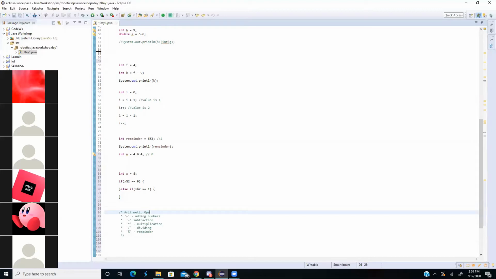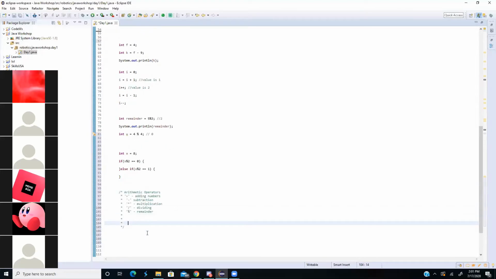All right, so these are arithmetic operators. Pretty important. Okay, so now I'm going to go over relational operators. And the different types of relational operators is you have the double equal sign, which